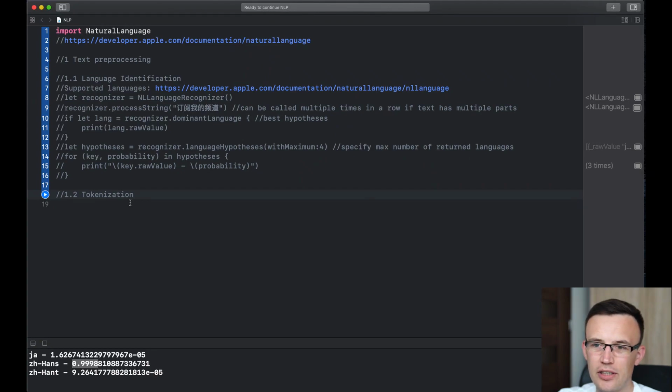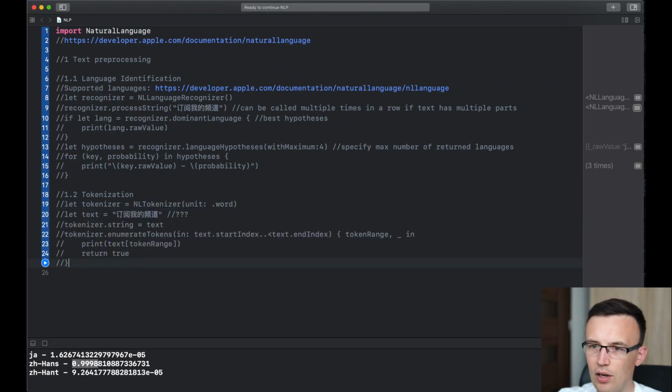Another important feature is tokenization. It's widely used in natural language processing on most platforms, and it's important especially if you are working with a language that you don't really know. There are also some languages that are pretty hard to understand for people from the West. Neither Japanese nor Chinese use spaces to split words. So, for example, this sentence here